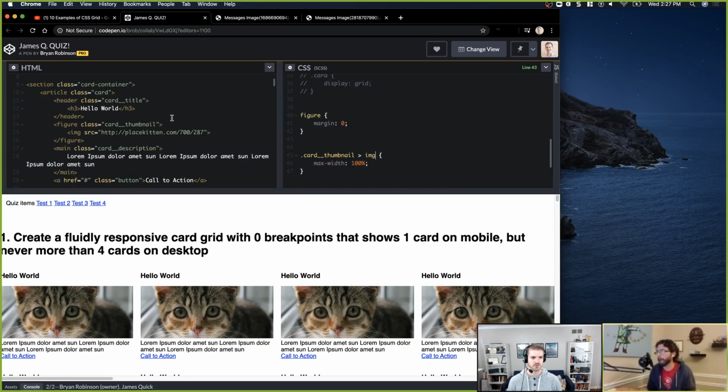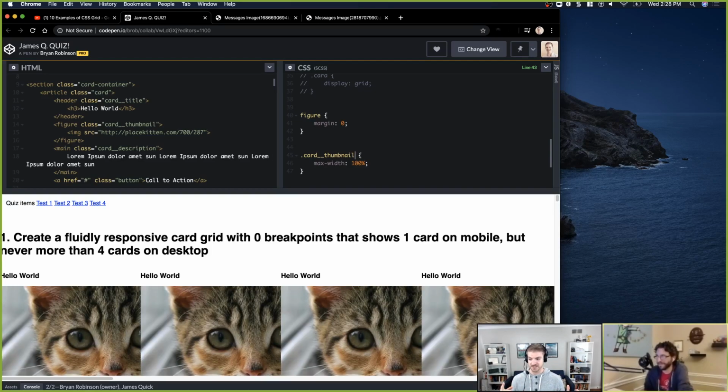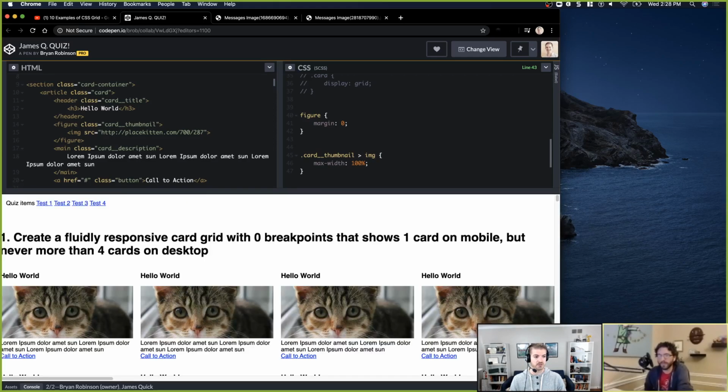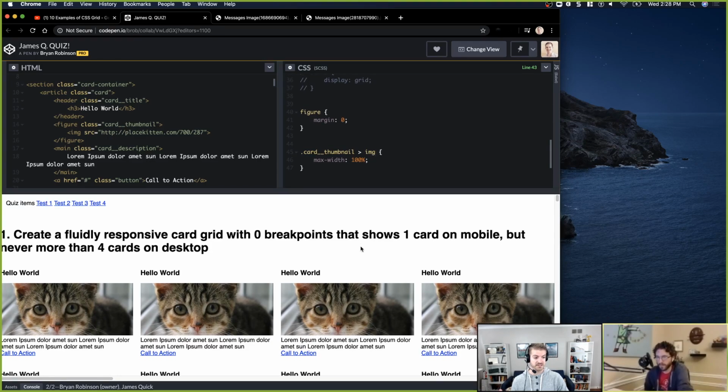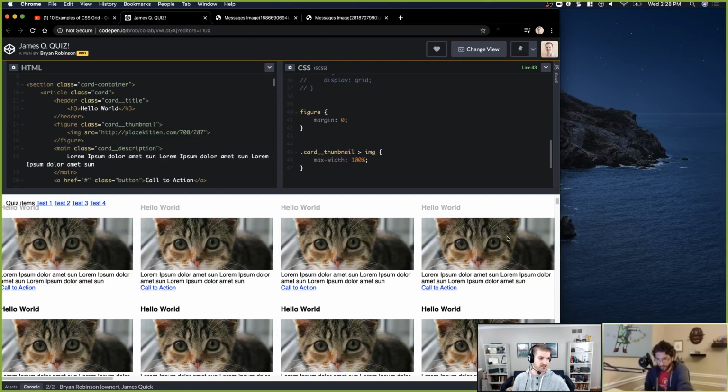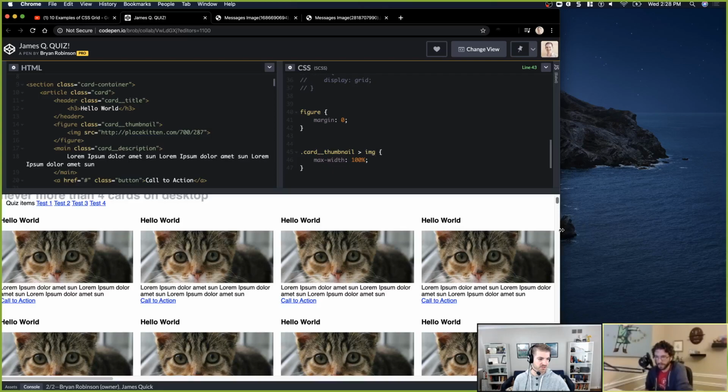Cool. Okay. Awesome. When you started to explain that, I originally targeted the card thumbnail, which didn't do what I expected because the card thumbnail by default will fill the space of the grid, so it was already basically 100%. Then I realized that I actually needed to target the image inside of the card thumbnail. And then that looks, at least for layout purposes, like the general goal without adding too much styling here.